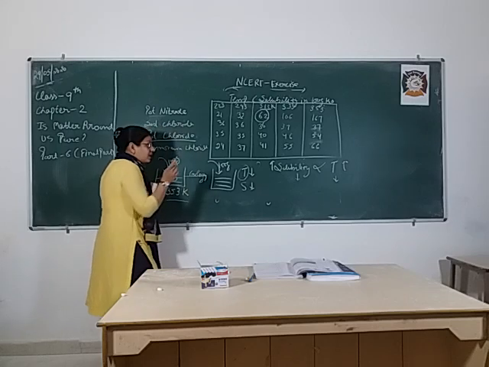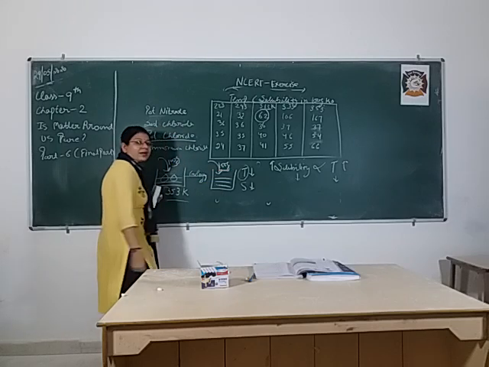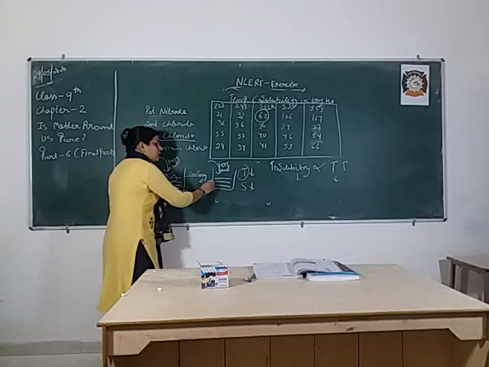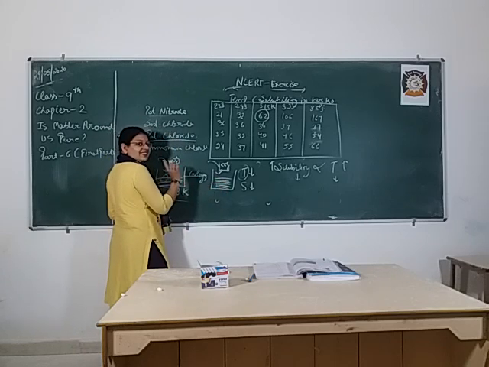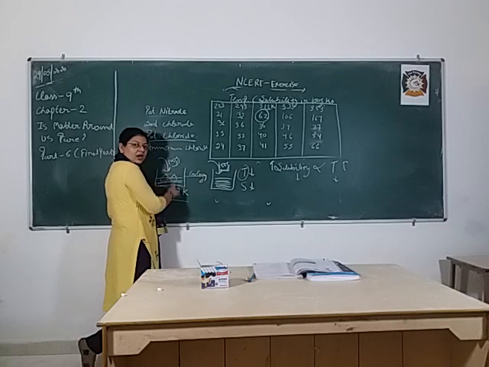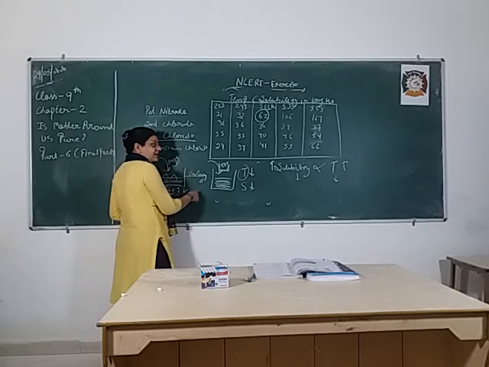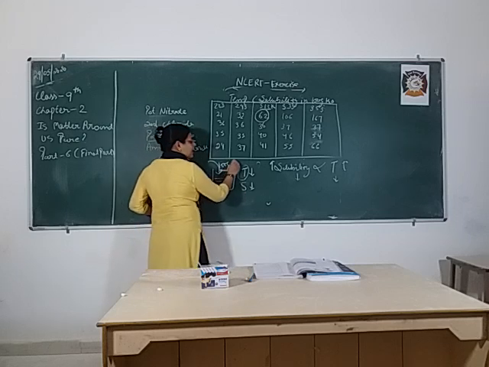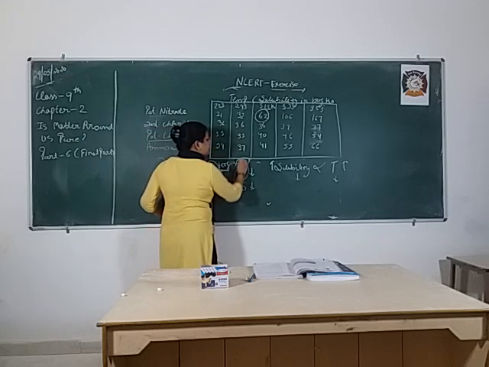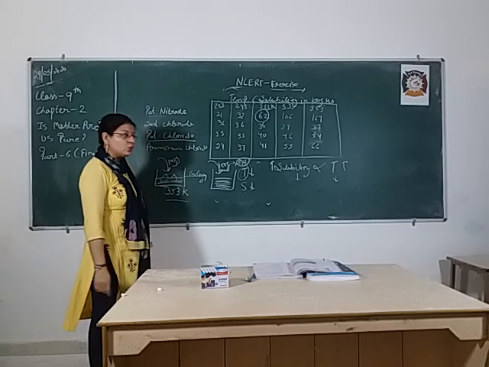So now the 100 gram of solute is not soluble in this particular amount of solvent, because the amount of solvent is the same. At 353, 100 gram is soluble, but when the temperature is reduced, the solubility also decreased. That means here only 80 gram of potassium chloride is soluble.